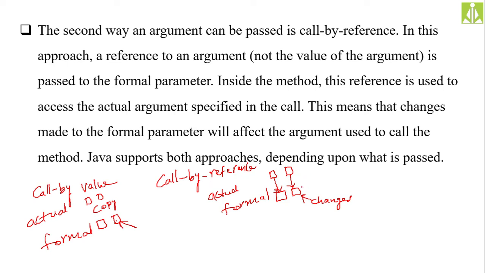Over here in call by reference, if you do the changes to the formal parameters, those changes will also affect the actual parameters. So the concept is the same as in C and C++, but as there are no pointers in Java, instead of dealing with addresses, we are dealing with objects over here. So instead of passing the addresses from actual parameters to the formal parameters, we are passing the object references, and we are doing the changes to those object references, and those changes are affecting the actual parameters. So in this way we are achieving the call by reference mechanism.